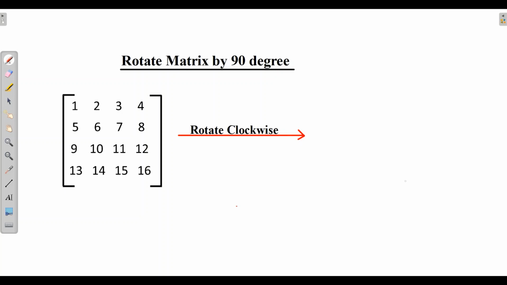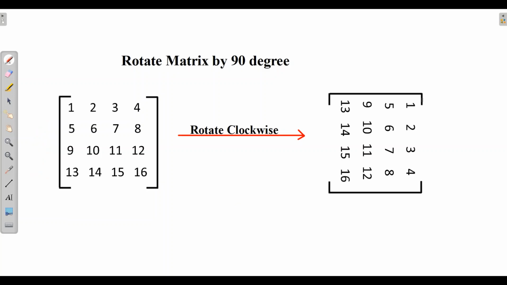So the first question that comes to our mind is, how do we know that it is rotated in a clockwise direction? Let's say a person is standing and pushing this matrix from the left. What will happen? The matrix will fall towards the right, so that the top numbers will come at the right, the second row will be at second right, likewise the third row will be at third right, and the fourth row will be at the left side.